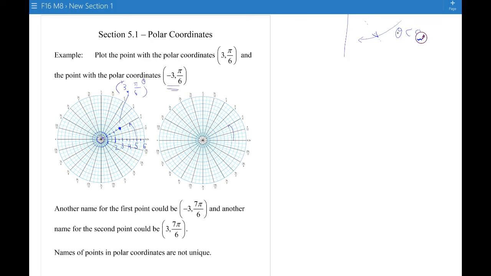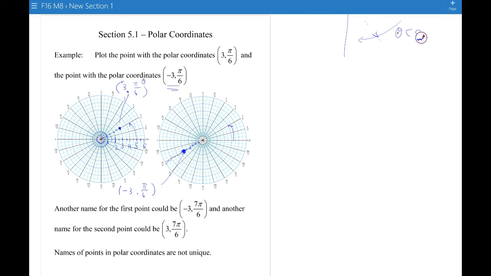So it still says we go up to the angle pi over 6, but then the negative r says we're going backwards along the ray. So it's like reflecting through the pole. So we're going to go 1/2, 1, 1.5, 2, 2.5, 3. So here is the point with an angle pi over 6, but the r is -3, so we reflected through